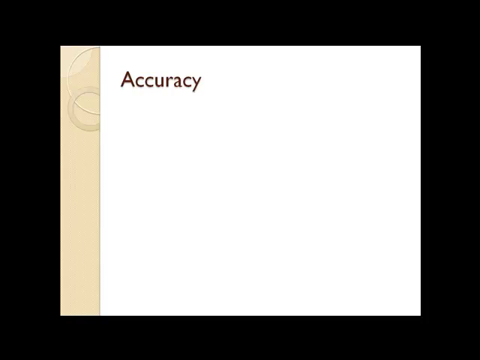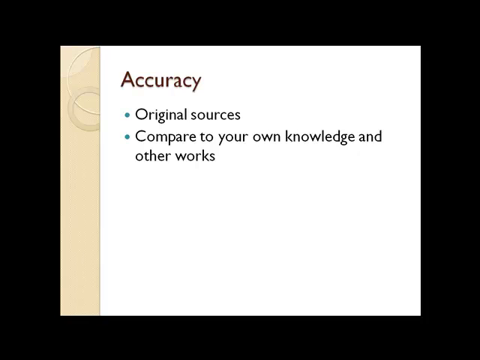The next area is accuracy. You want to look at that person's original sources, see their citations in their work cited or footnotes or things like that to see how much research they did when they wrote it and what sorts of things they're citing. You want to compare what you're reading to your own knowledge and to what you've read in other works, just to see if there's anything in there that you blatantly know is wrong, or if you've read 3 articles about something that say all the same thing and this 4th one says something completely different. It gives you kind of a hint that you can probably trust the 3 that say the same thing